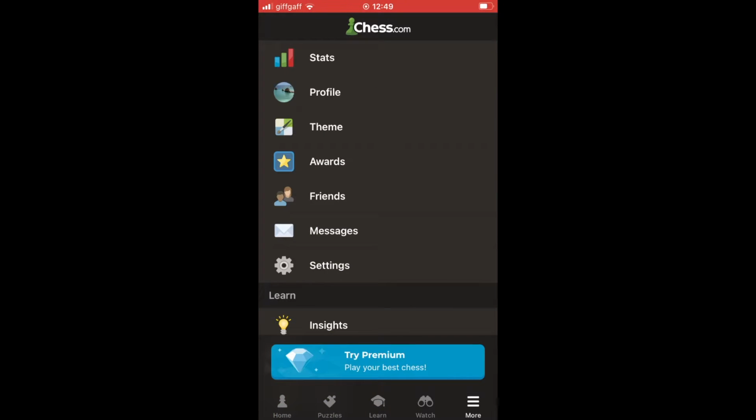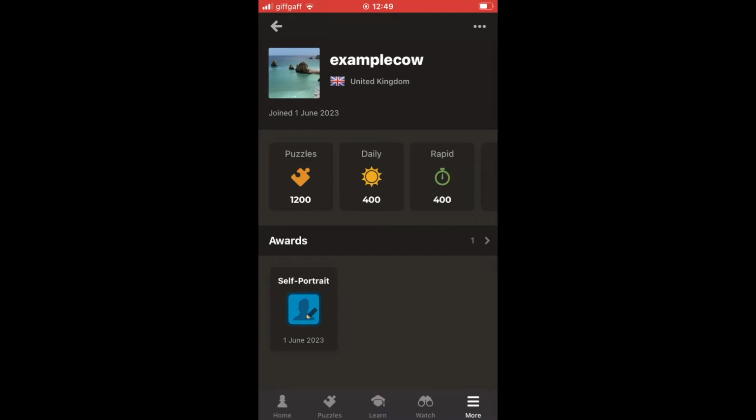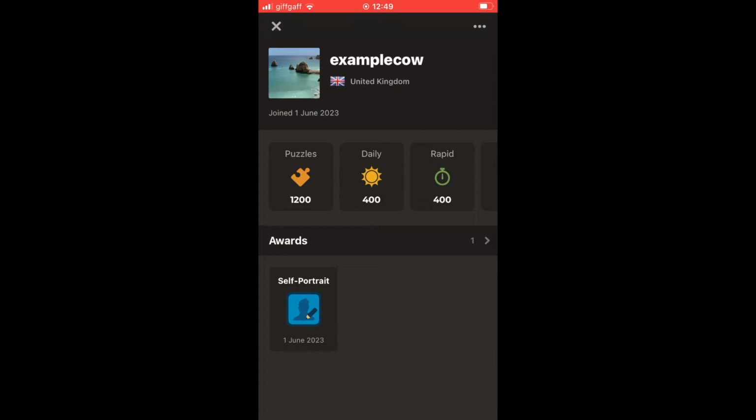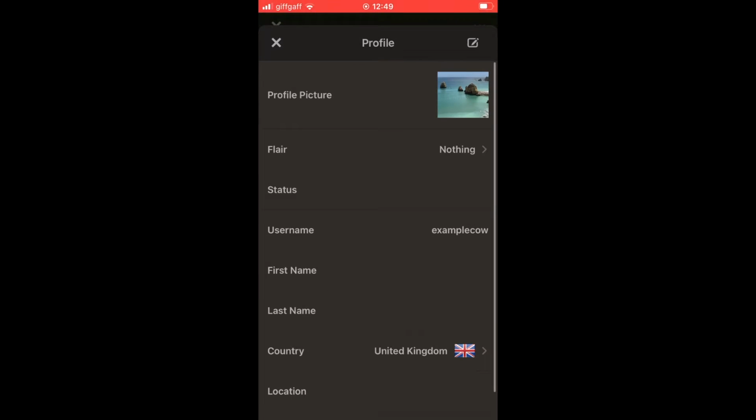The other way is by going to the home page of your chess.com app and then clicking the top left hand corner where you see your profile picture. Either which way, you'll want to get to this page here where you'll click the three little dots at the top right hand corner. Then on the profile section, you'll want to scroll down to the bottom of the profile